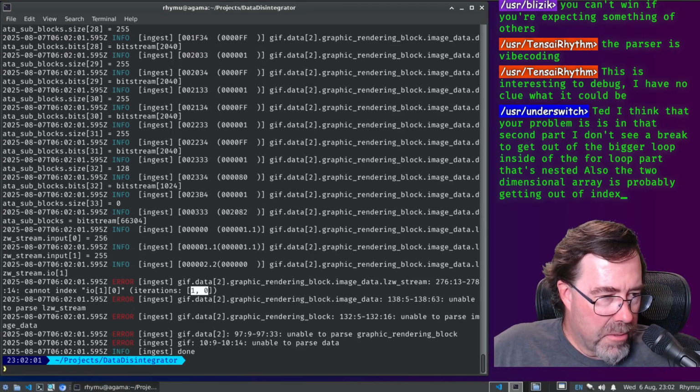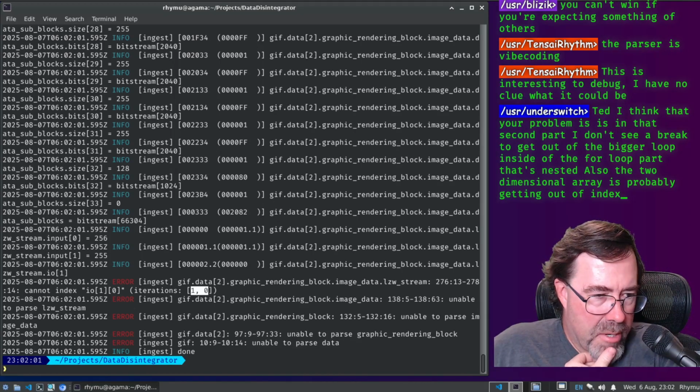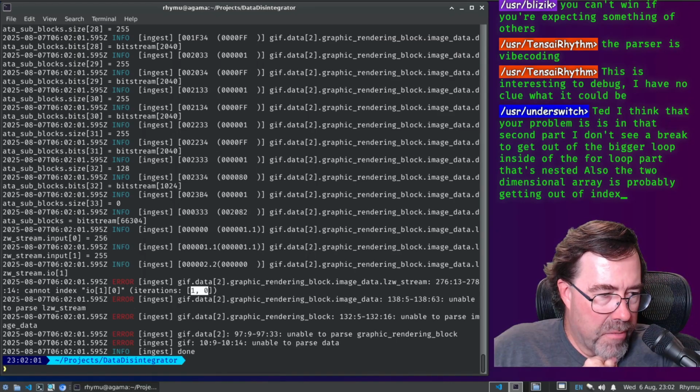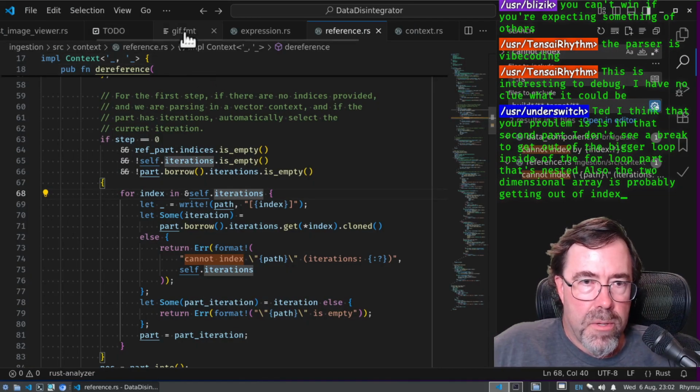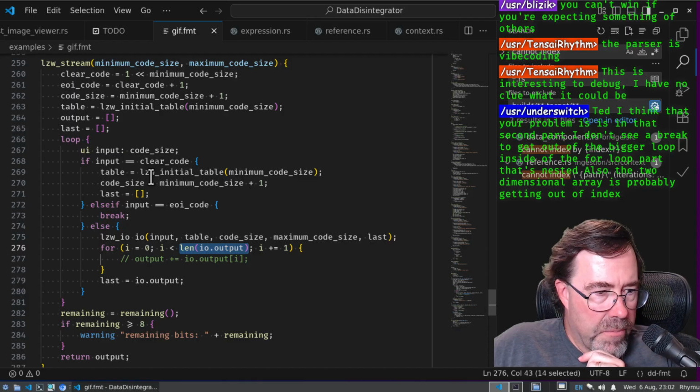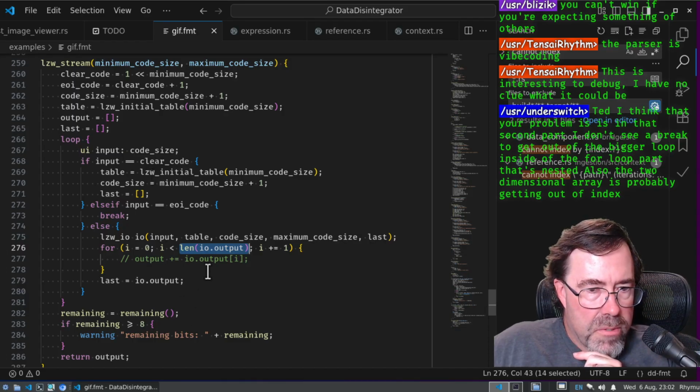Wait, what? The second part, you don't see a break to get out of the bigger loop inside of the 4 part that's nested. Also, the 2 initial is probably getting out of index. I'm not sure what you're referring to. What's the bigger loop? So